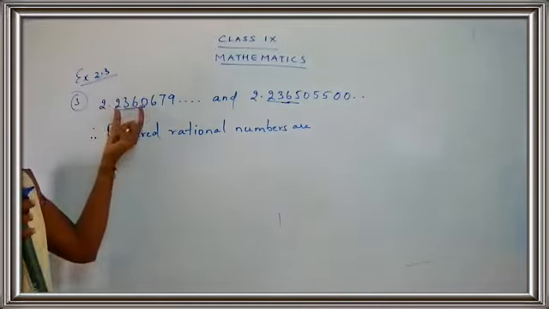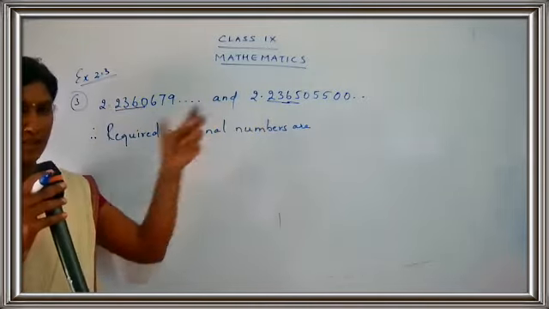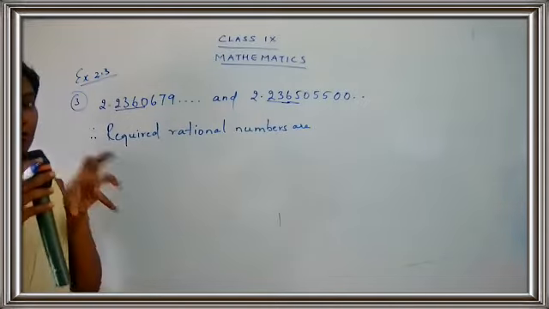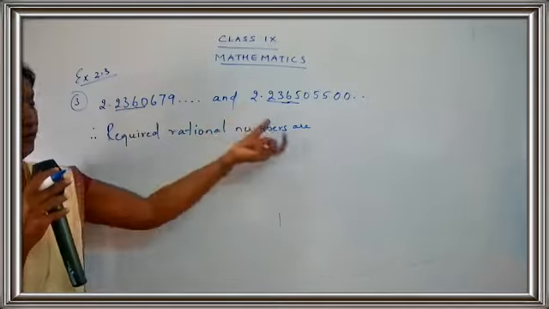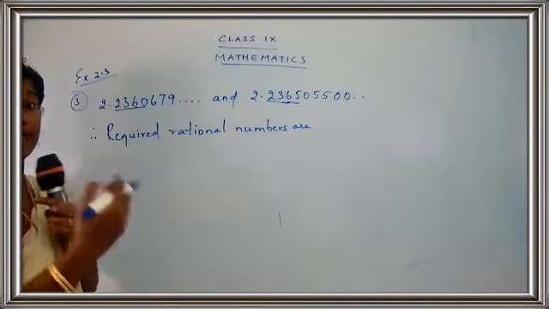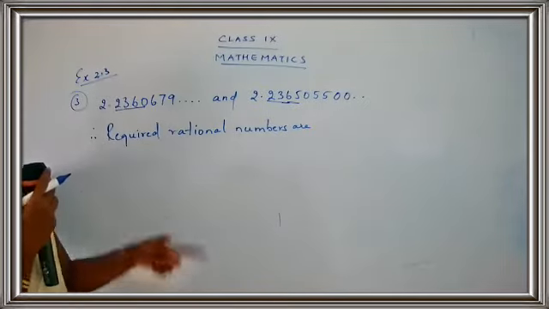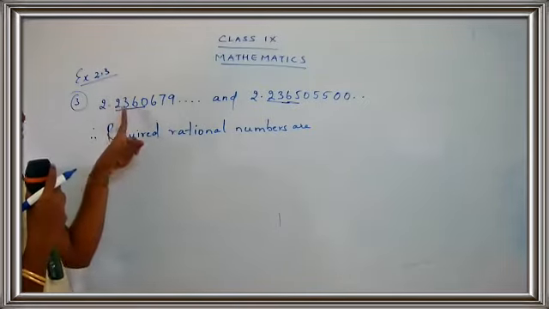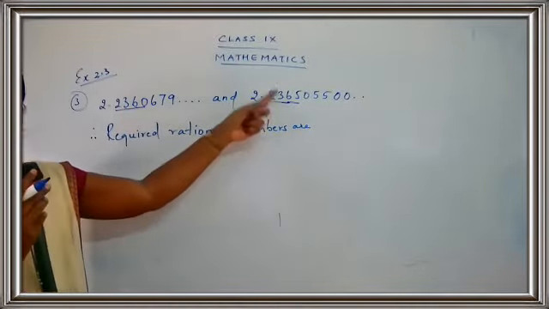See, now it's very easy. Yes, children? If I take the first two digits, I get 2, 3 and 2, 3, so you cannot find numbers between them. Take the next digit, I get 2, 3, 6 and 2, 3, 6. Again, the same number, so I cannot find a number between the same numbers. So add one more digit. You take 2, 3, 6, 0, and here you have 2, 3, 6, 5.